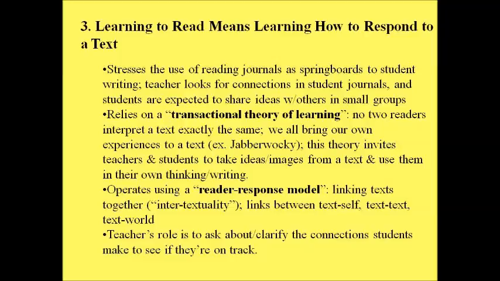So, for instance, Jabberwocky's an amazing one, right? 'Twas brillig, and the slithy toves did gyre and gimble in the wabe, right? What the heck does that mean? Well, one of the things that Lewis Carroll is really great at is, okay, you read this poem, and then, if you do it with your kids, you'll find that every kid, when you ask them to try to translate that into regular English, has a slightly different image of what that scene is. Like, what does that mean?